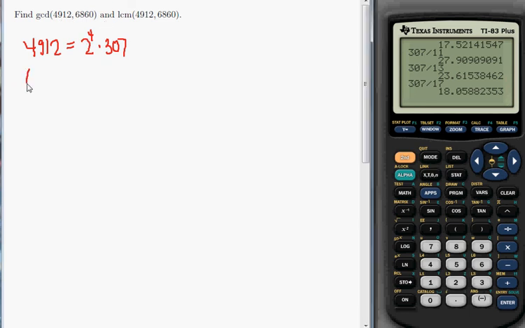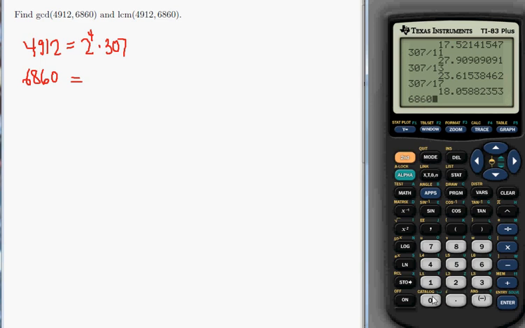The other number is 6,860. Clearly that's a multiple of 10. But let's use the tricks that we have before. The last two digits are a multiple of 4, and so if I divide by 4, that's going to work. There are no more powers of 2 there, so we'll stop there. So this is 2 squared